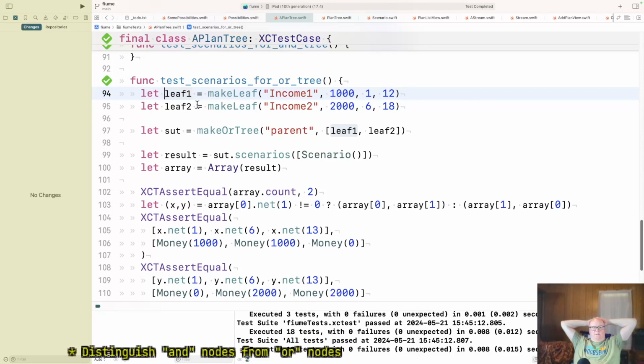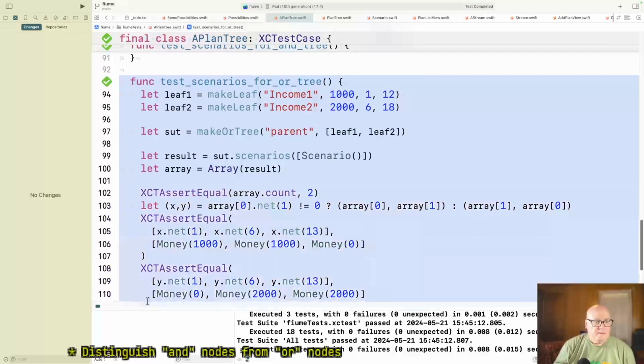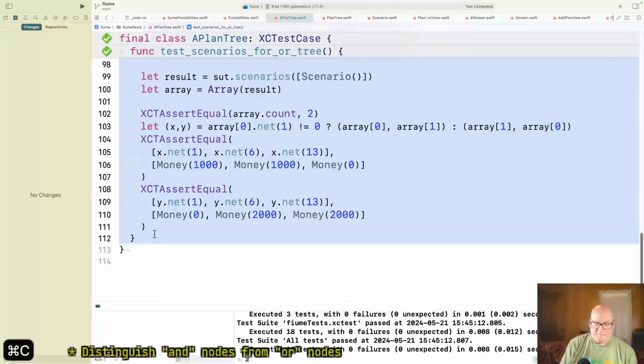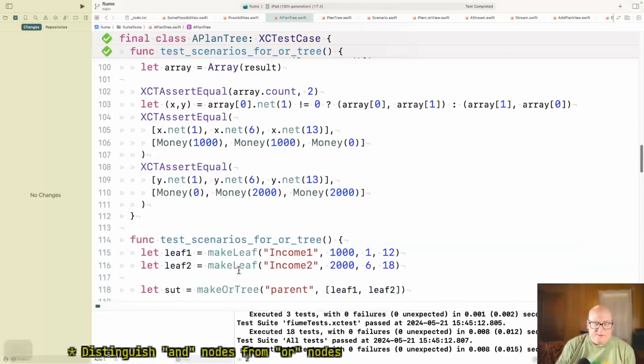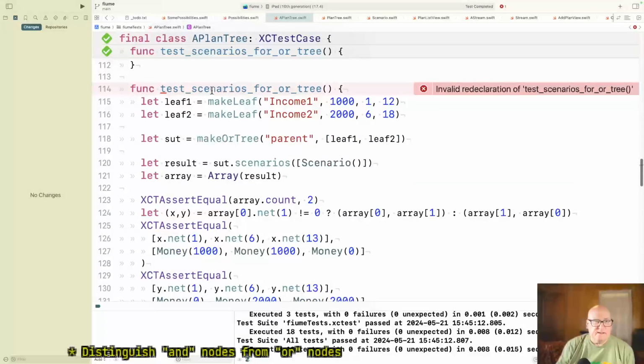I want to make something with multiple scenarios coming in. Okay, I think I can do that. Although I'm not getting the full nesting capability yet. Multiple scenarios for an OR tree.